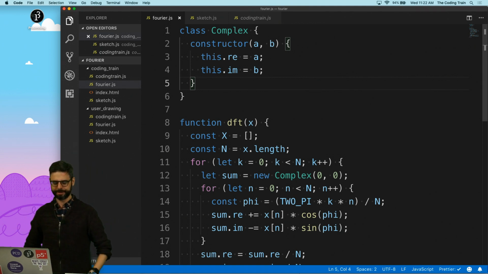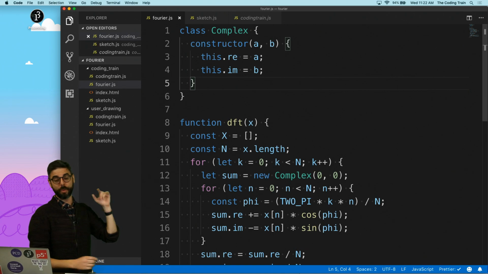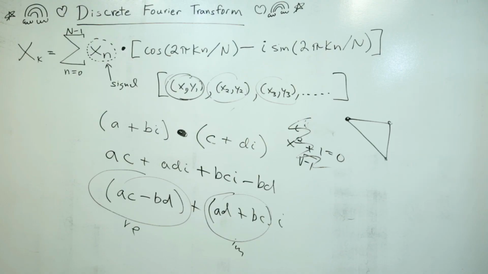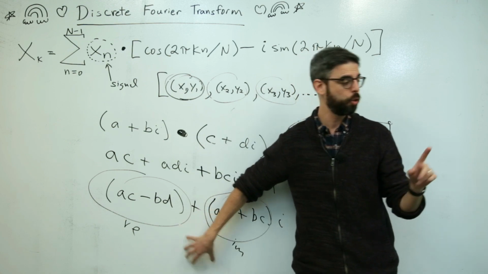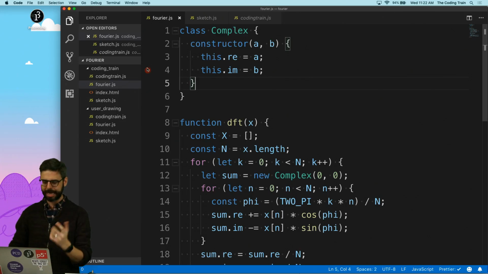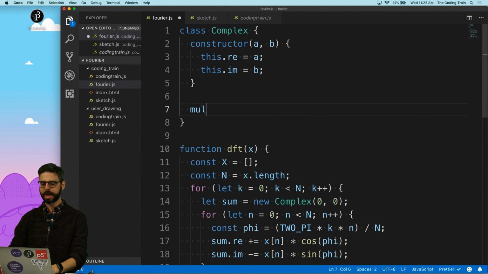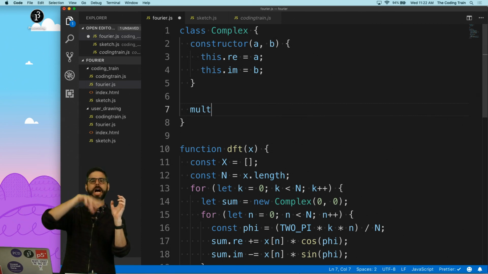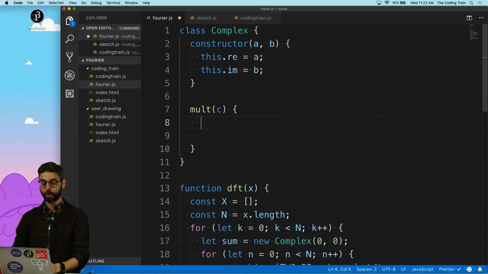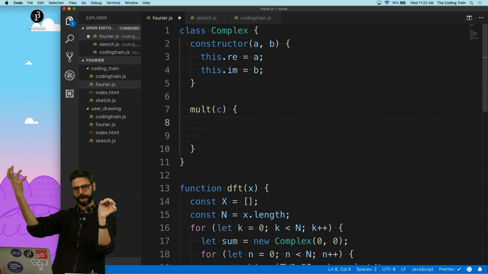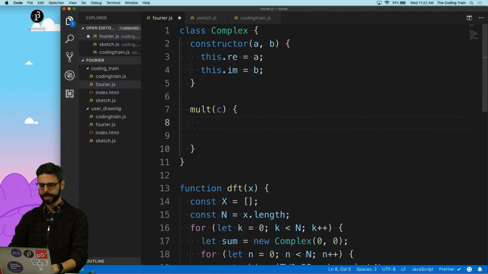Okay, all right, it's time now. What we can do is take this result that we've got here and add it to the complex number class as a multiplication function. So let's imagine I have a complex number dot multiply another complex number, which I'll call C. And so the one complex number is this, and the other complex number is C. So I need to make the